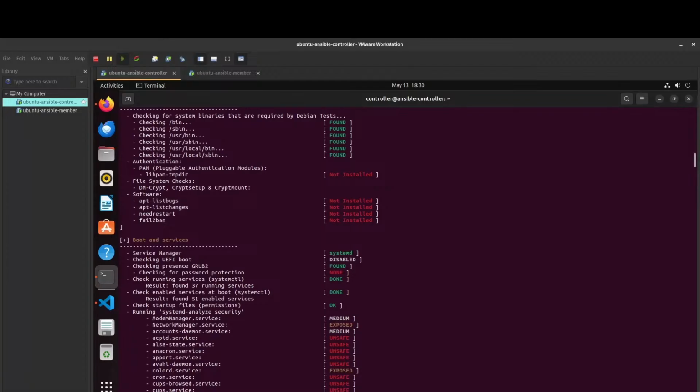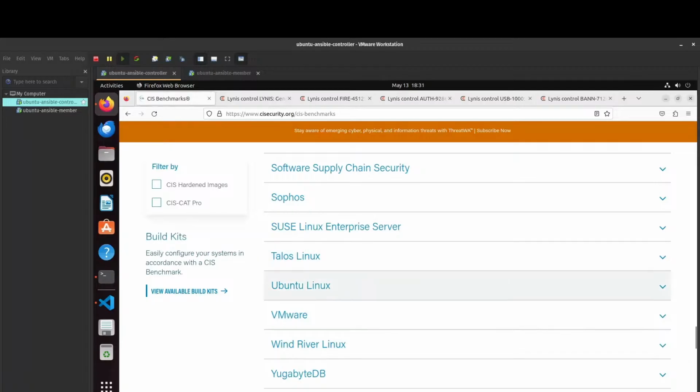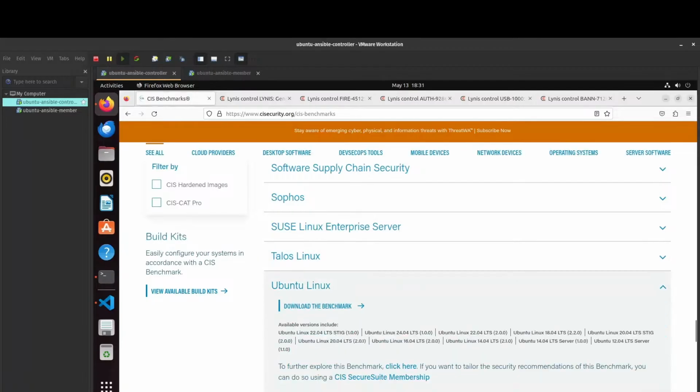But where I say manually, it's a very manual process. So let's go through how to actually look at what the benchmarks are. If we go to their website here, CIS benchmarks, we can go to Ubuntu Linux, and then we can